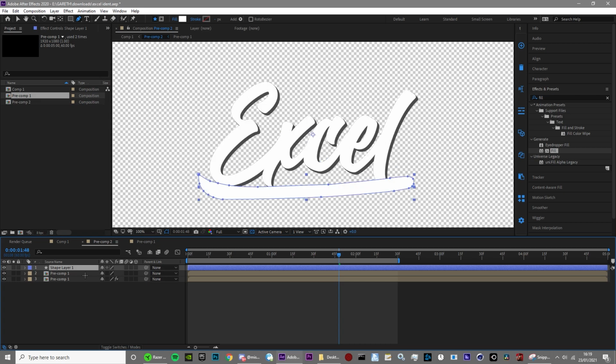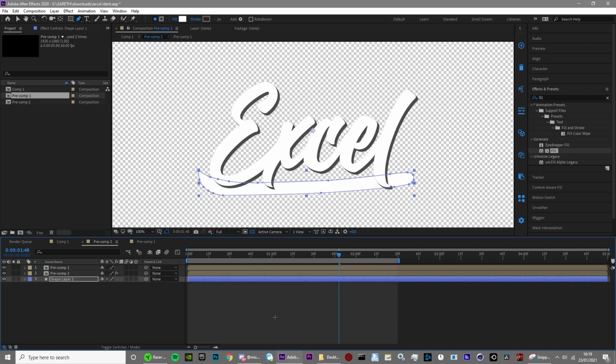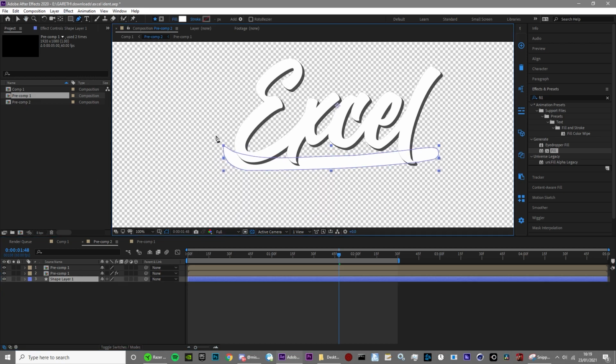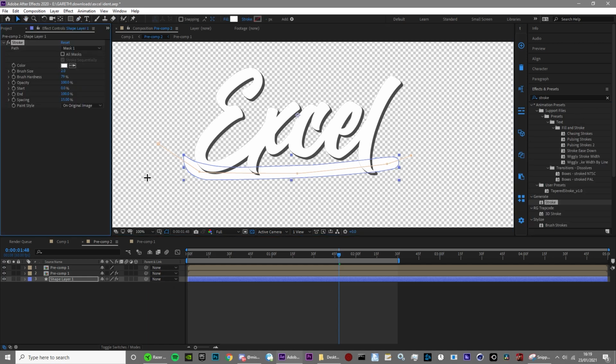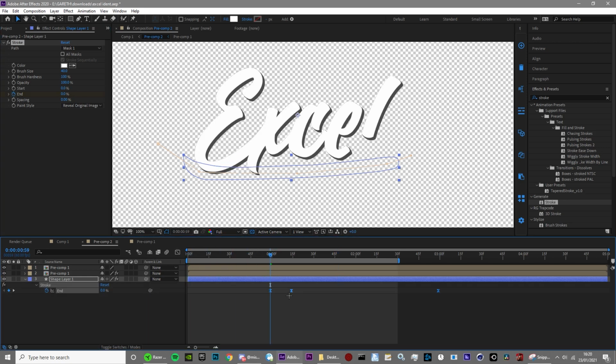We're going to paste it, put it underneath the shadow layer, move it up to about there, and then we're going to do the same that we did with the other ones, and we're going to animate the stroke. So again, mask through the middle to about there, get our stroke, put it there, reveal on original image, spacing 0, 100%, thickness until it covers everything, and then again we're going to copy the keyframes that we had earlier, paste them on,